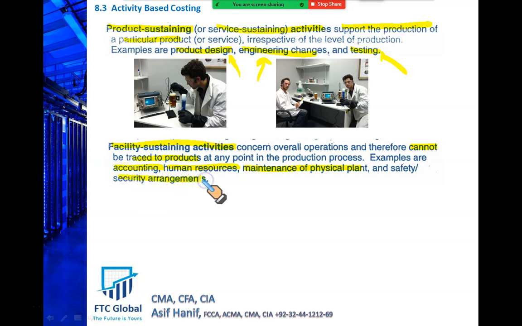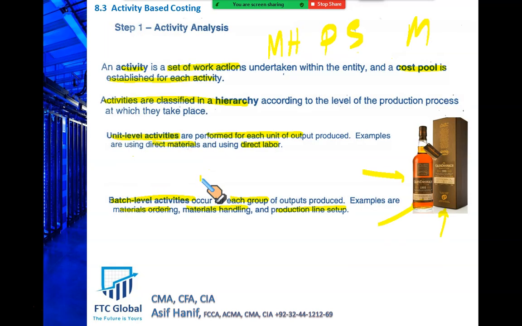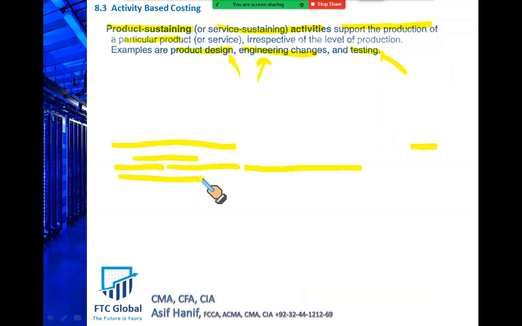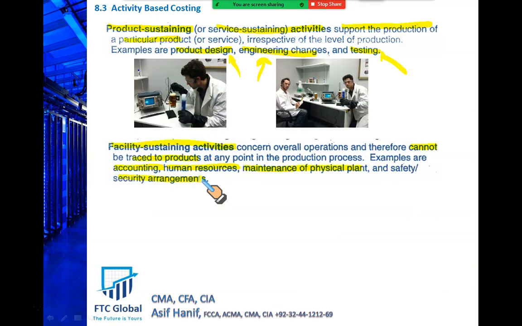So these are the costs which are much farther away from the product and very hard or almost impossible to trace in the end product. But still we'll find some way. So the point here to learn is that these are four types of activities. Unit level are closest to the product. Batch level are on groups. Product sustaining are incurred on many groups of the products. And the facility sustaining, they are far away from a single unit of product. So these are the four types of activities which you must identify.